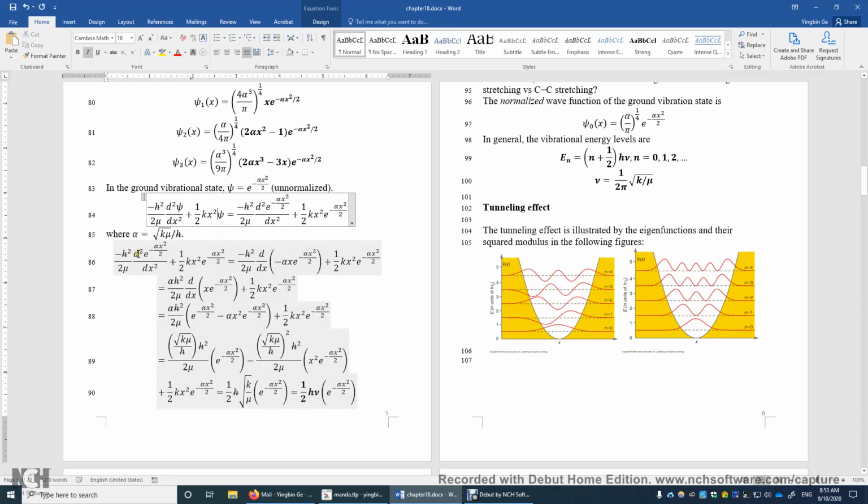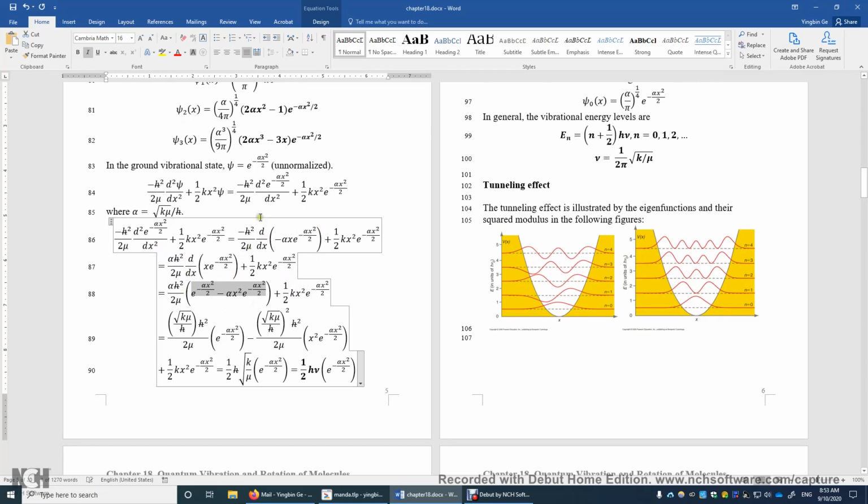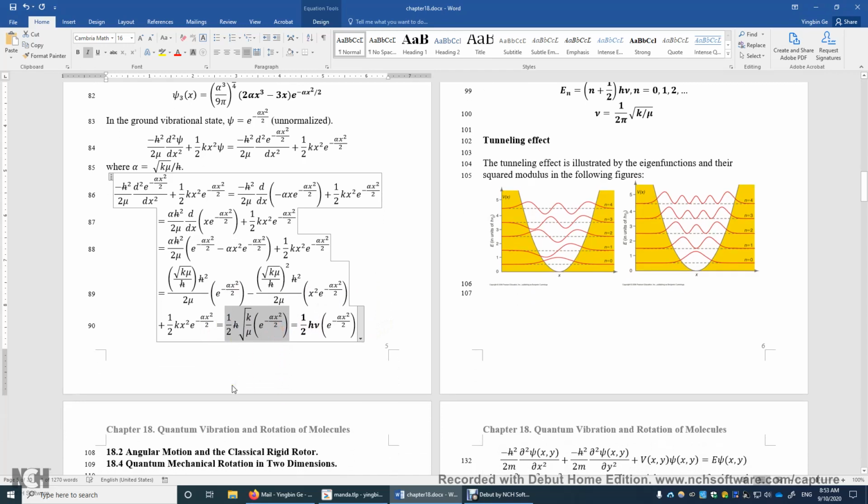So we just evaluate the second derivative. The first derivative is this, and then this is the second derivative. We take care of the coefficients, calculate, and derive every single step carefully. So anyway, in the end, you will get this as the final expression,